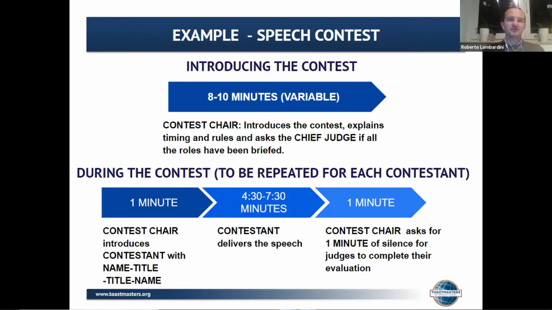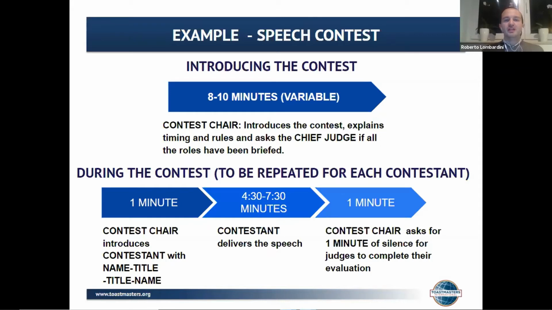This is an example of the structure of a contest. Contests, for the people who haven't seen them so far, are very rigid in some way, because they are built so that they guarantee each contestant the exact same introduction. So the contest chair starts by introducing the rules and the contest, and asking, of course, the chief judge if everyone is briefed. Then what is important here is that contestants are introduced with only name and title of the speech and without any further